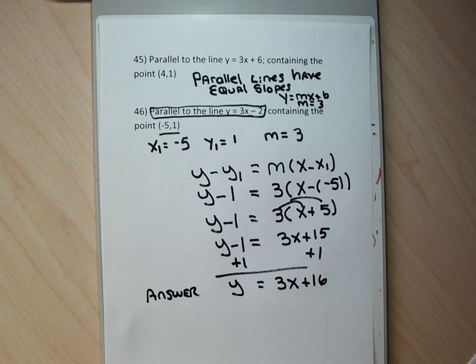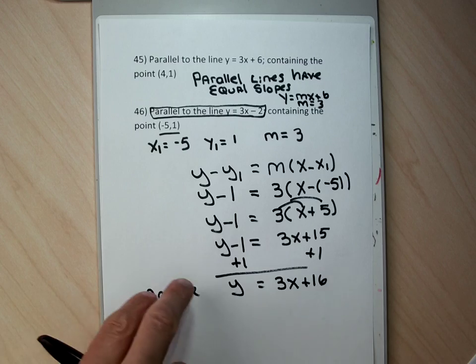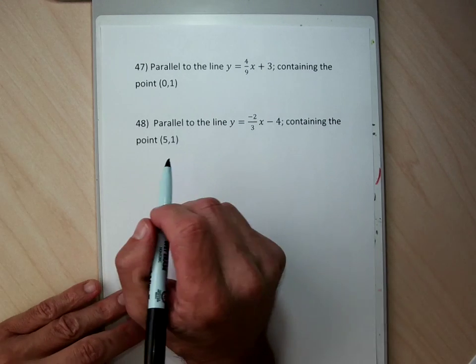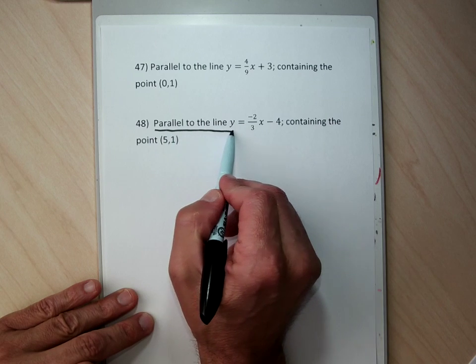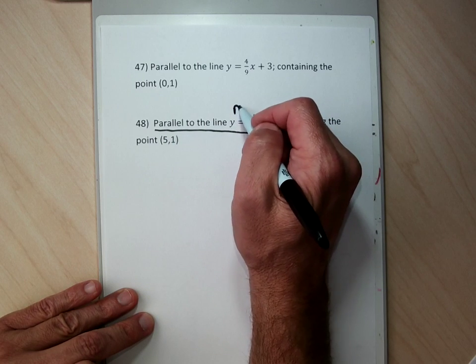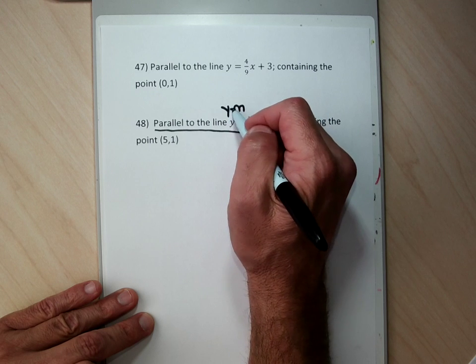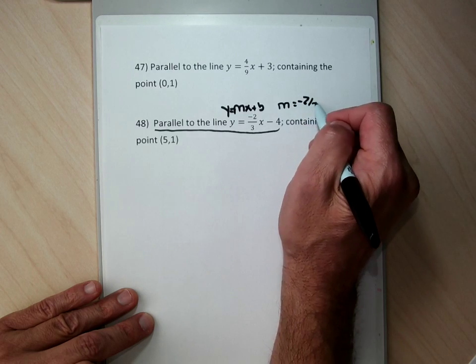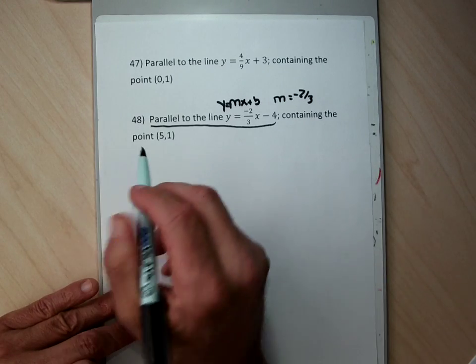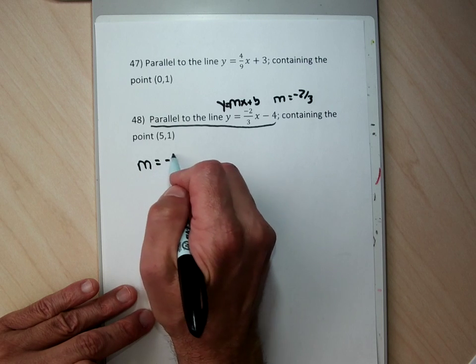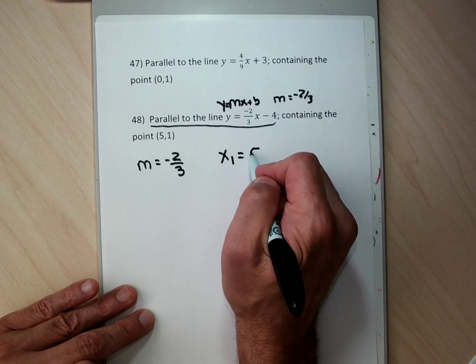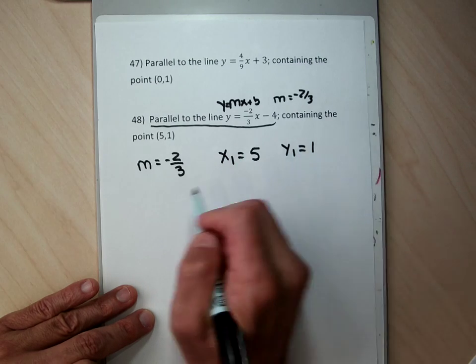All right, so that should be real similar to 45. 47 and 48 are kind of duplicate problems with just nastier slopes. In problem 48, it tells me I'm trying to find a line that's parallel to this line. This line, because it's in y equals mx plus b form, has a slope of negative 2/3. My line, because it's parallel, has the same slope, so the slope of my line is going to be negative 2/3. And I'm going to plug in x1 equal to 5 and y1 equal to 1 into the formula